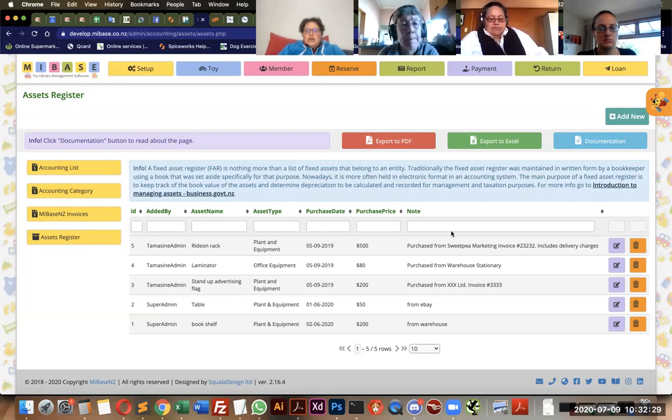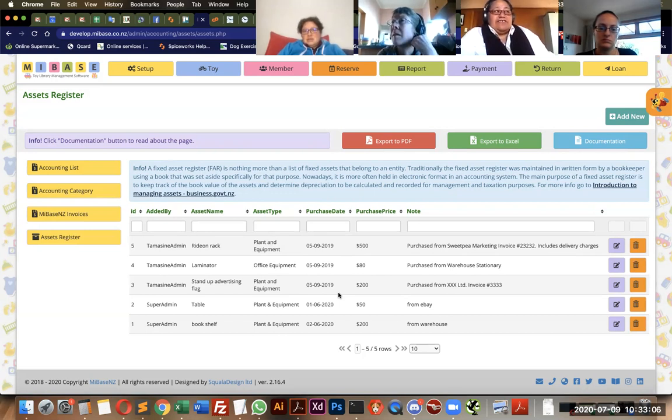You can also have the purchase price, when you created it, and it's normally related to an ID. The ID is automatic. So, who had the item, asset name, type. We created this type from Xero. Xero is a really famous accounting software, and my accountant normally uses just plant and equipment, office equipment, and sometimes electronic.